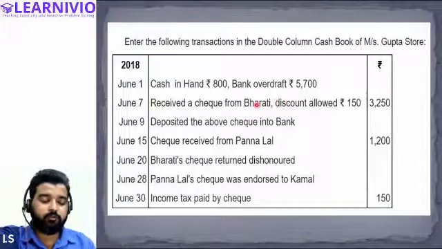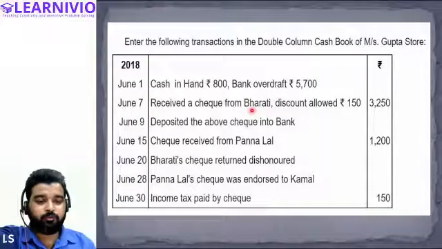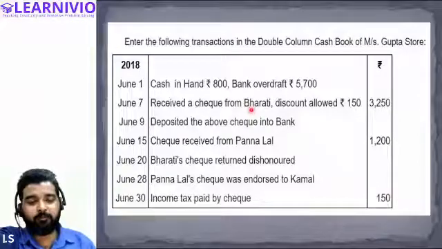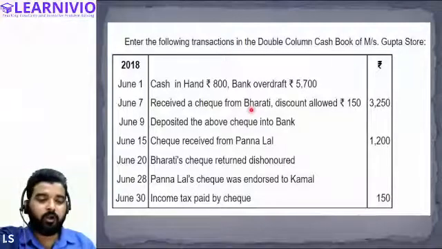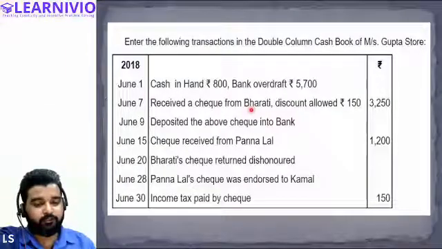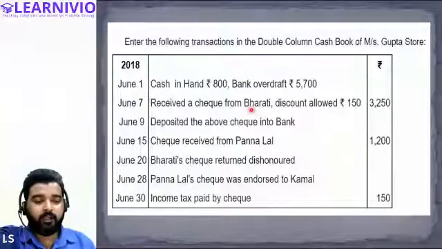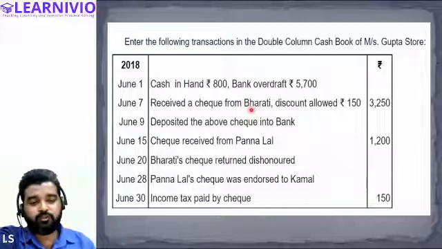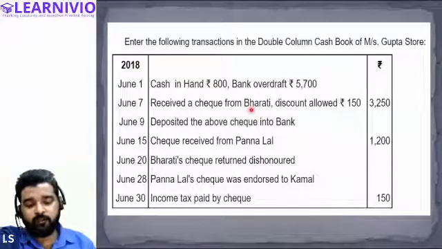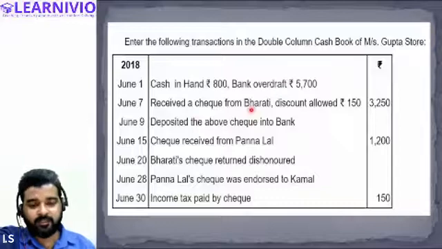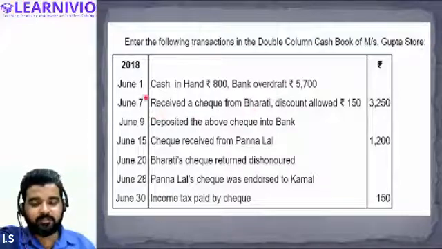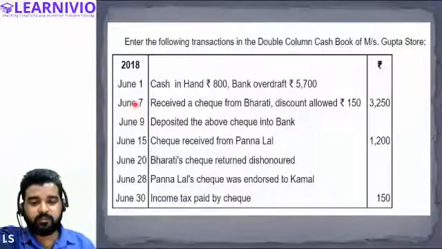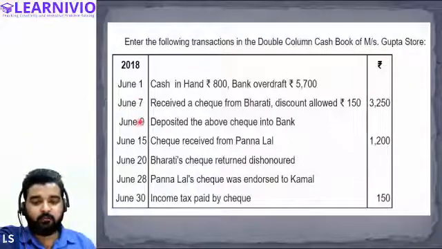You are not presenting the check on the same day; you are keeping that check in hand, right? You are not presenting it to the bank on the same day. Instead, you keep the check in your hand and decide to present it on some future date. So what happens when you record this transaction at a future date? In this example, we received the check on 7 June and now we are finally depositing it in the bank account on 9 June.